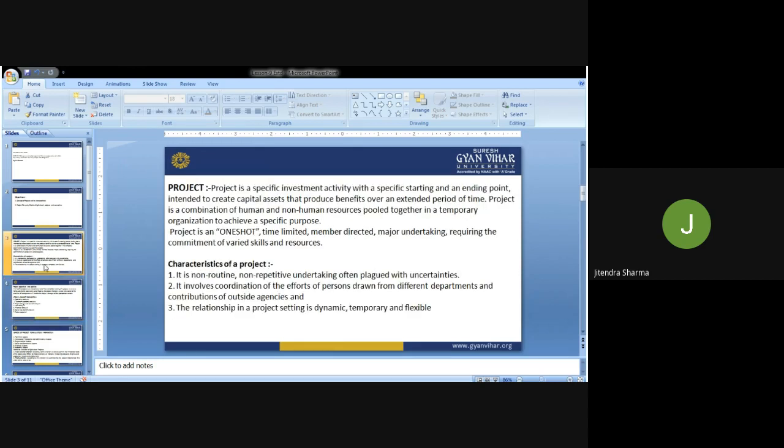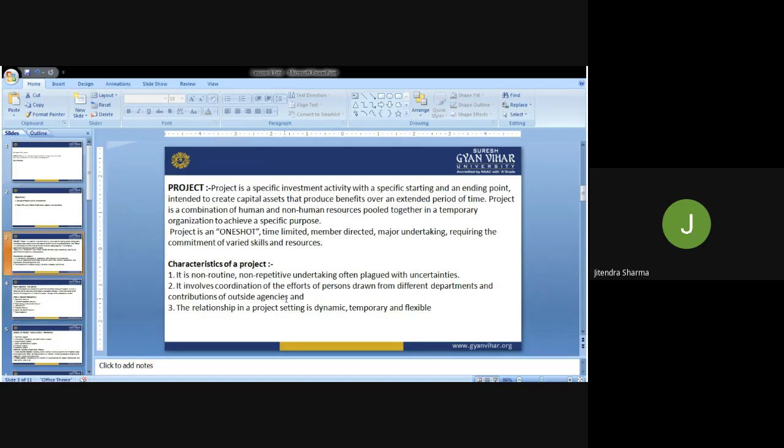So let us first discuss the first one. It is non-routine. It's not a routine exercise. The project is a specific investment activity. Non-repetitive: it's not like we are repeating time and again. Often plagued with uncertainties: it means we often have a list of uncertainties that come in between the process of project implementation. Then it involves coordination of efforts of persons drawn from different departments in an organization and